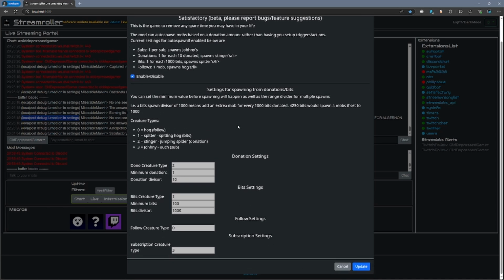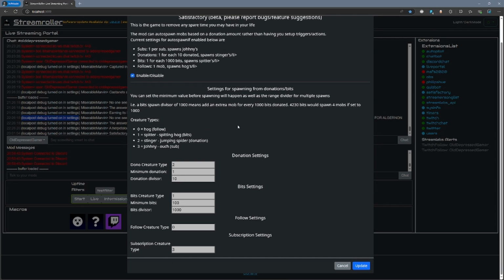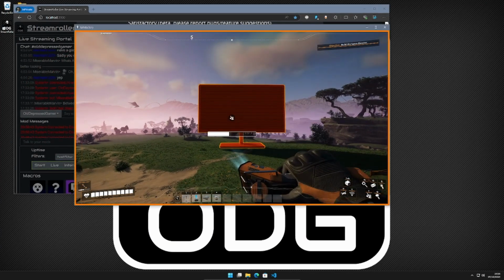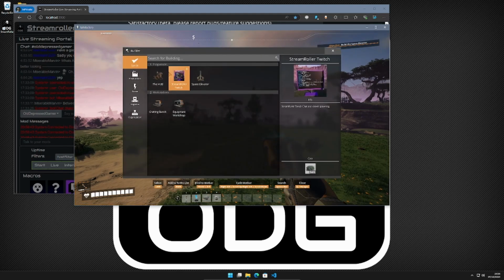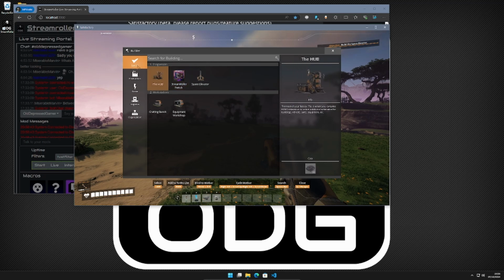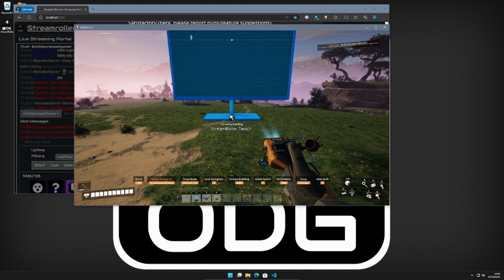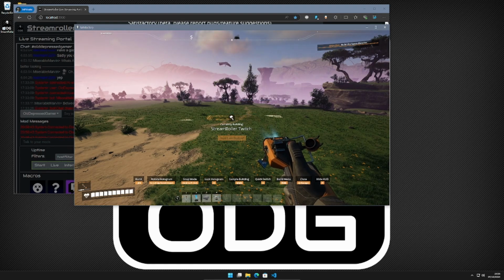Now, the mod currently does two things. You can drop a TV in game. Let me just show you that first. Oh, there's already one there. So you should be able to unlock this through the hub. The first time you use it, it will be one of these hub unlocks. Then you should end up with a StreamRoller Twitch icon in your default special build options on the build gun. Chuck it down,